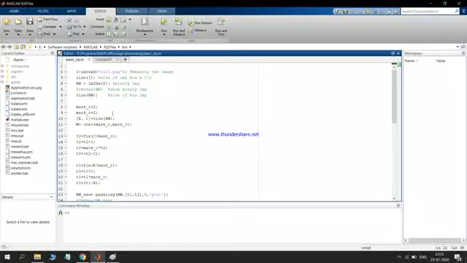Now for masking, there are two dimensions, rows and columns. So I'm initializing the rows and columns, and this capital R and capital C are the dimensions of the black and white image which I am reading from my computer. In this statement I am initializing my mask to all ones.